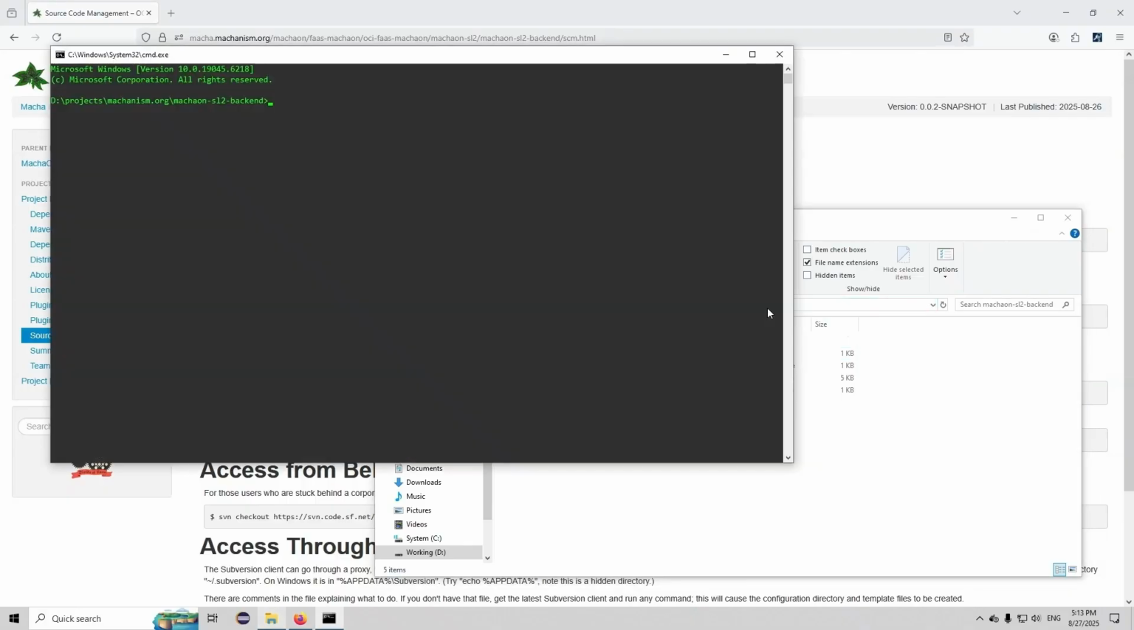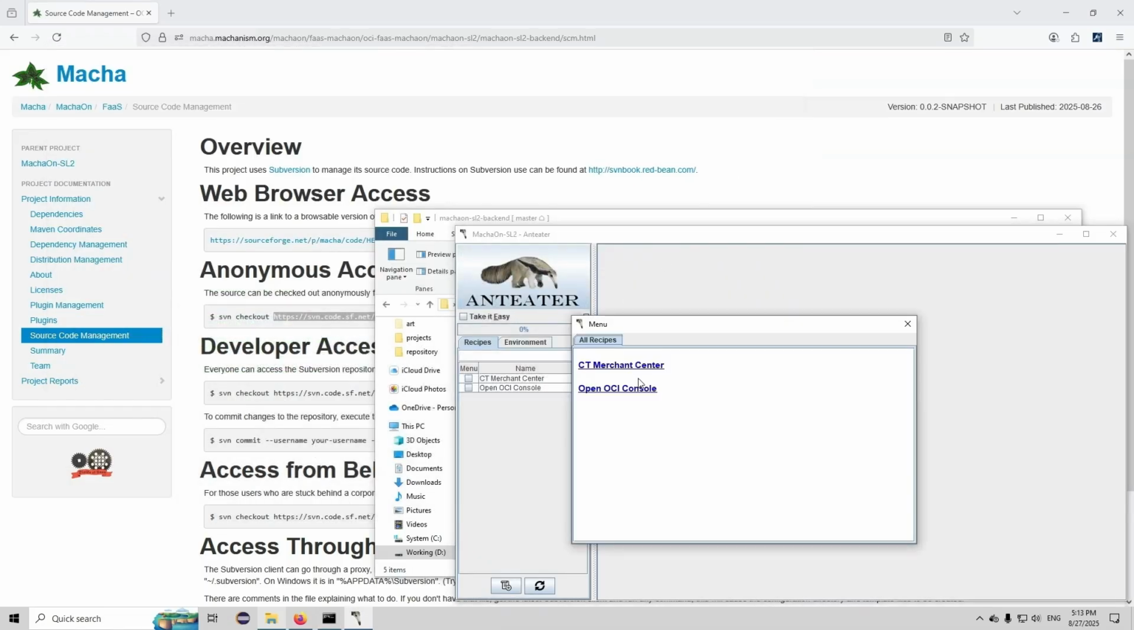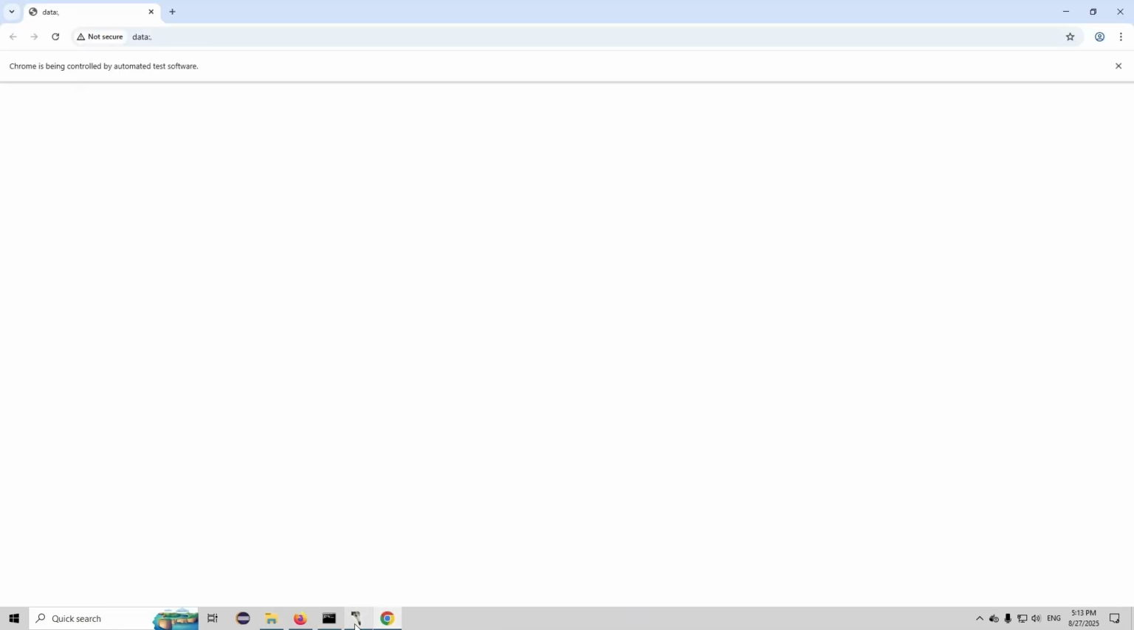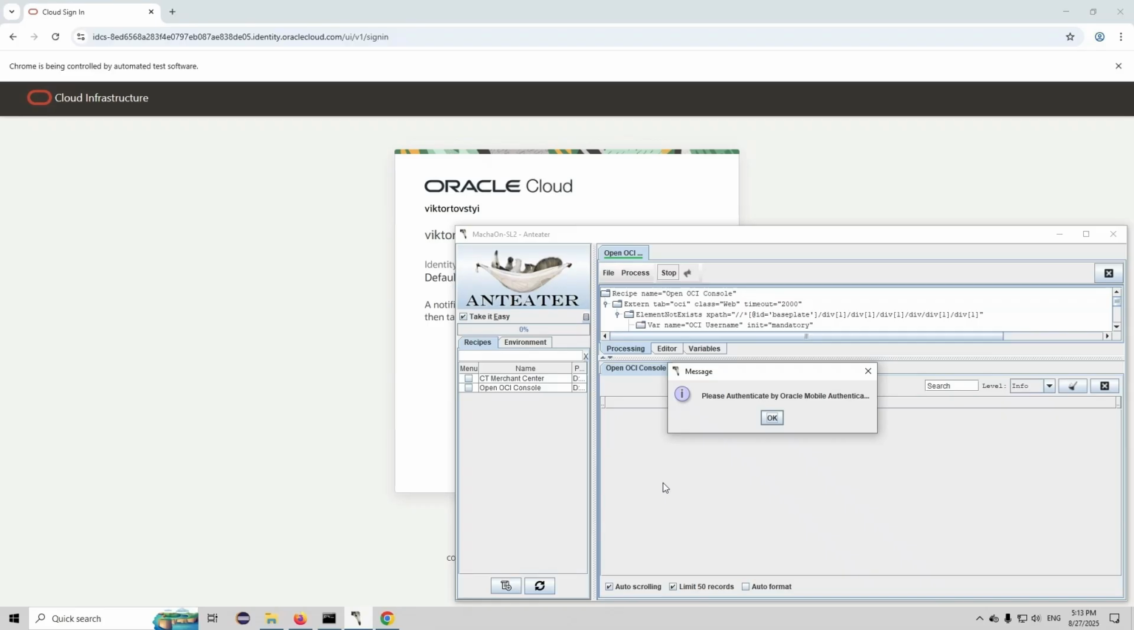Now that the MachaOn project is downloaded, let's move to opening the Oracle Cloud Infrastructure console. For this, I'll use Anteater, a lightweight utility designed to streamline the development process. Once the OCI console is open, we'll move on to configuring the environment and setting up everything required for deploying